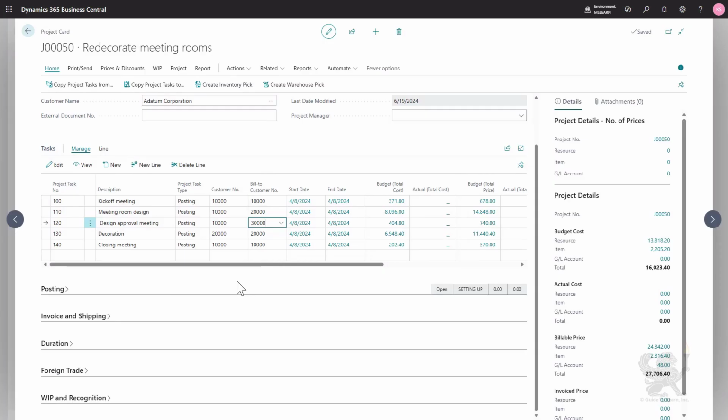Here you can see now that we can have different customer numbers, but also different bill-to customer numbers. Later on, when you're invoicing the project, you will see that Business Central will create a sales invoice per combination that you see here. Now you can enter the customer number and the bill-to customer number here on the project task lines, but you can also go to the project task card. That might also be interesting because there you might have a better overview. You have some additional fields that maybe are required. So by clicking here and then choosing Edit,